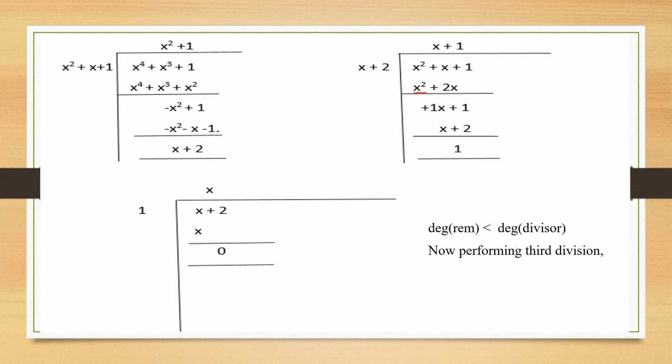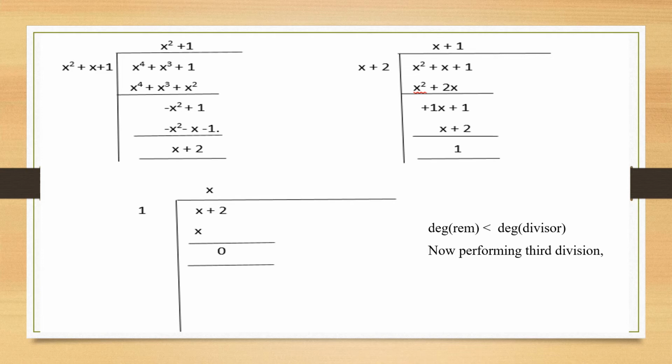Remember that the division is done under Z2 of x. Clear? Modulo 2. So now I'm going to take x power 4 divided over x square. My answer is x square. Put it in the quotient section and take this x square and multiply it to x square plus x plus 1. Multiplying, you get x power 4 plus x cube plus x square, right? And you see that the coefficients can be accepted in Z2 because it's 1. So now change the sign.